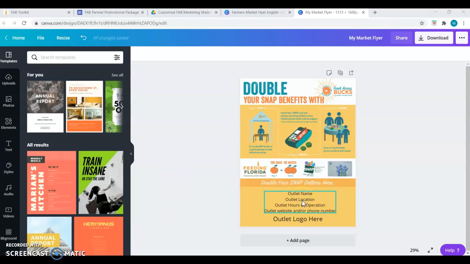You will see that there are two editable boxes provided in the section of the graphic where your outlet information can be included. We've suggested that you include the market name, location, hours of operation, and any pertinent contact information in this first box. The second box here suggests where you would include your outlet logo. You can remove the outlet logo text box and drop your logo into this space